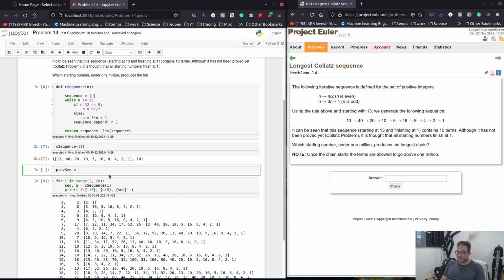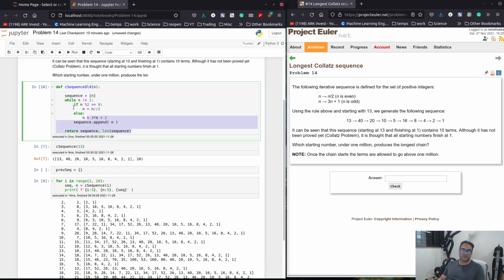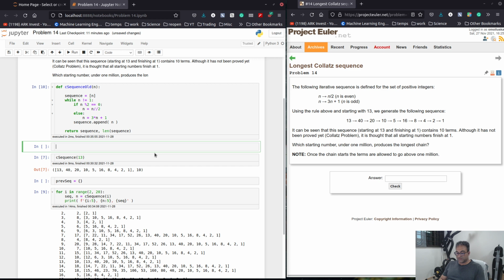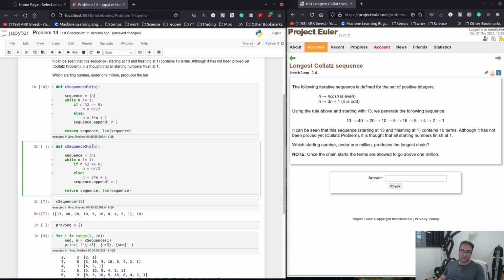We just have the previous sequences, and we have to update this. So let's create, we'll call this old, and we'll create a new version of this, like so. That is going to take n, and that is also going to take the previous sequence,